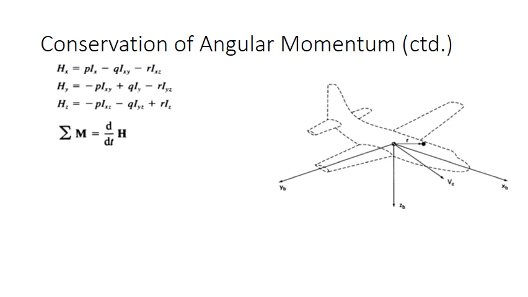Now we must determine the derivative of the vector h, the angular momentum, which is referred to the rotating body frame of reference, to a fixed inertial frame. Recall that if you have any arbitrary vector A and you want to differentiate it with respect to the inertial frame, you have to differentiate it first with respect to the rotating body frame, then add the omega vector, which is the angular velocity vector, crossed with the vector itself. So applying this formula to Newton's second law,